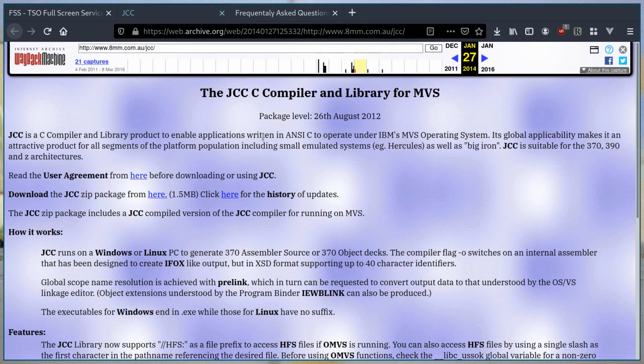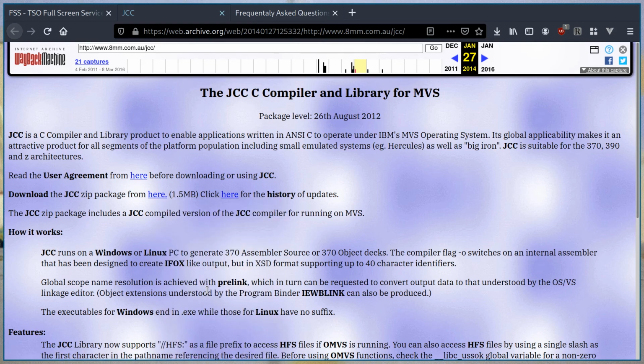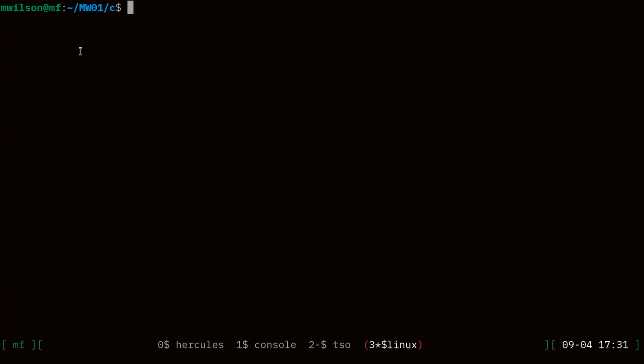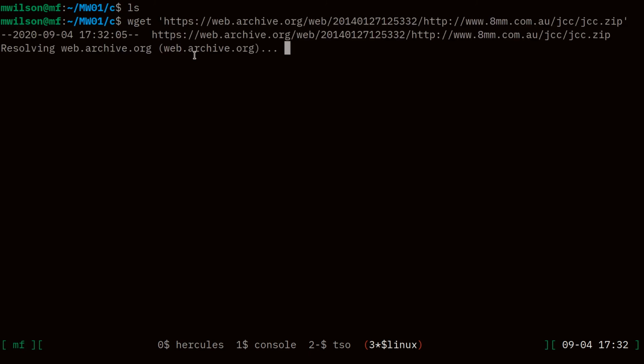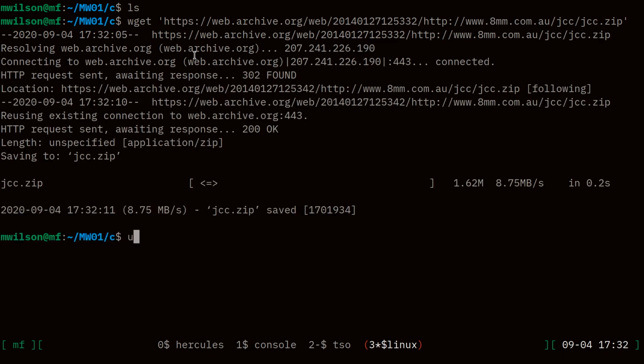So let's download these so we can get going. I'm going to copy the link to the JCC download package. Copy that link. Switch back over to my Linux system here. So I just made an empty directory called C. So let's download JCC into that. That should just be a quick small package if name resolution works. Yep, there we go. And there's already a folder inside of this zip file, so it's safe to just unzip